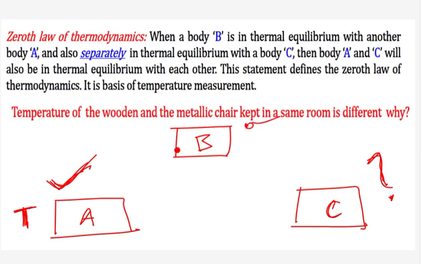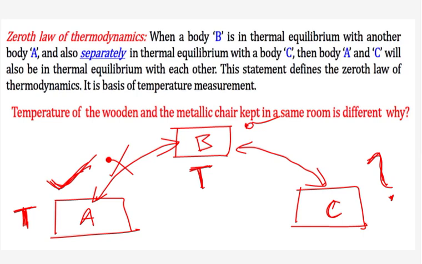What I will do is I will try to have a contact between these two bodies, A and B. If I find that they are in thermal equilibrium, now we know the definition of thermal equilibrium: when the two bodies are at the same temperature. Now if these two bodies are in thermal equilibrium, then the temperature of body B will also be the same, so temperature will be T only. Now I will separately make contact of these two bodies. I will allow them to come in contact, B and C, not A now.